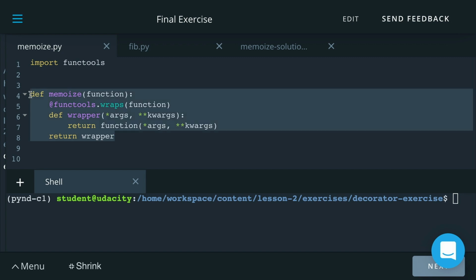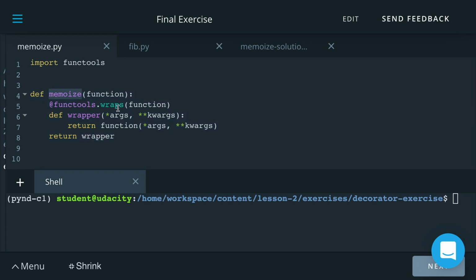But before we got into the solution code, it's important to take a look at what the starter code is really doing. This is the template we have for a decorator. We define some new function that will be our decorator. And this decorator really is just a high-level transformation.